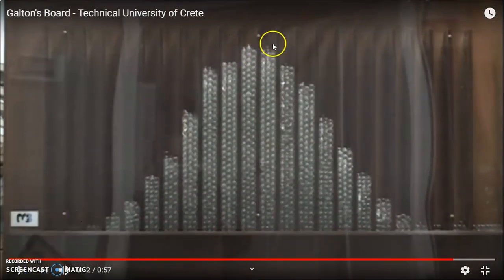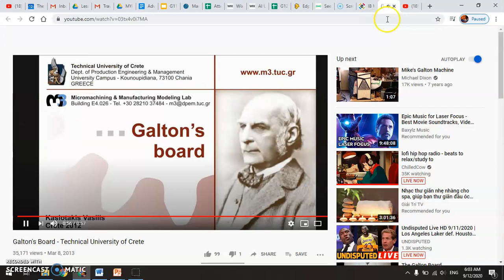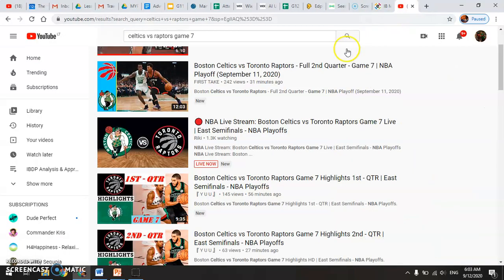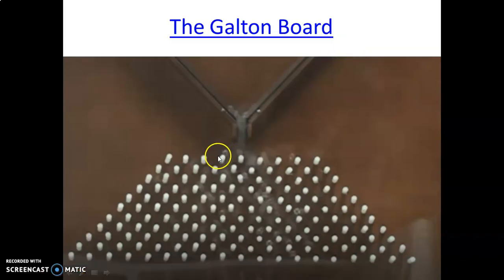So for some reason, most of the balls congregate in the middle, and only a few balls end up on each end. We talked about the idea already. The reason very few balls go to the end is because going to the end would mean always bouncing one direction, for example, left, left, left, left, left. And it's very unlikely it will always make the same choice of bouncing that same direction, and likewise to the right. Most balls take a path that goes left, right, left, right, left, right, or something like that, and end